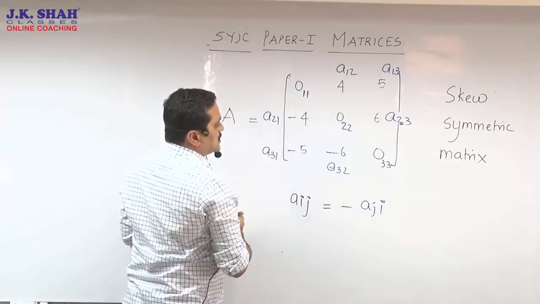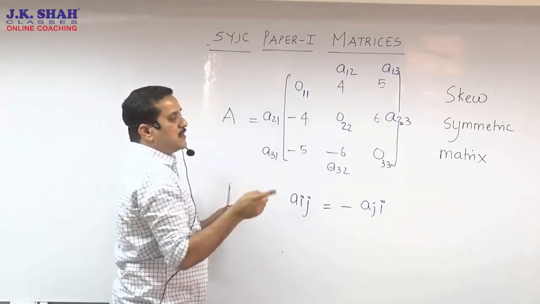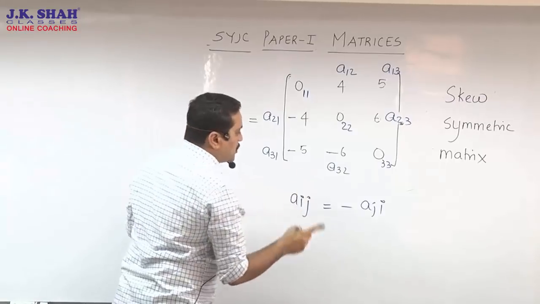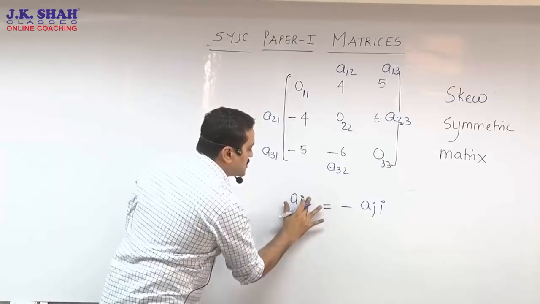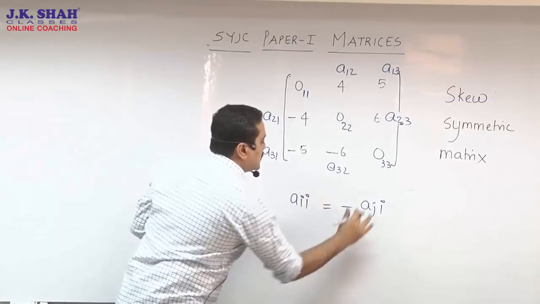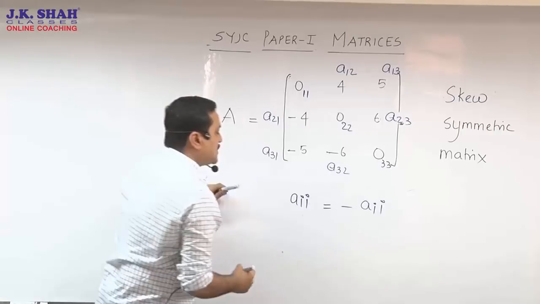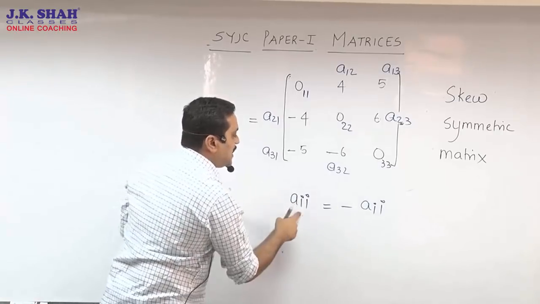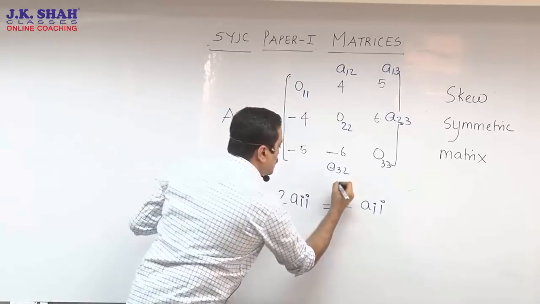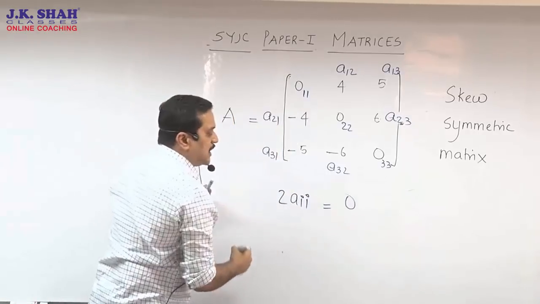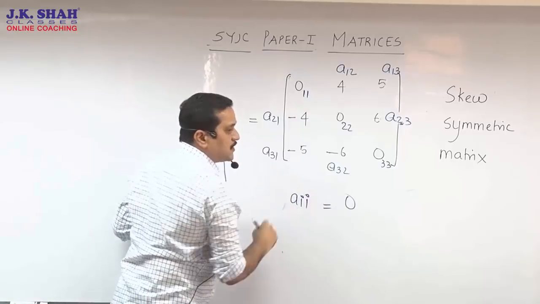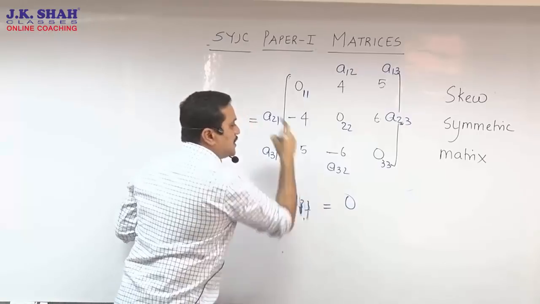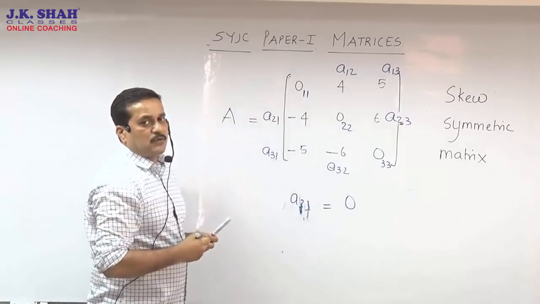That means we understand that when we are moving on the diagonal, the numbers i and j are equal. That means i is equal to j. So if I am talking only about the diagonal elements, can I change my j to i because both are the same? Then I see Aii is equal to minus Aii. If I shift this term over here, it's going to be Aii plus Aii, which becomes 2Aii equal to 0. And finally, we see Aii is equal to 0. That means A11, A22, A33, they all have to be 0. They all need to be 0.